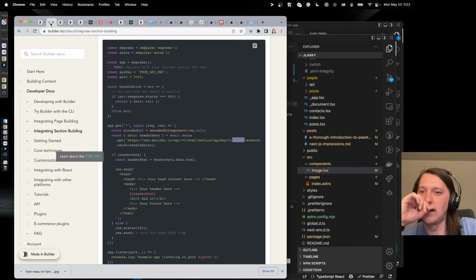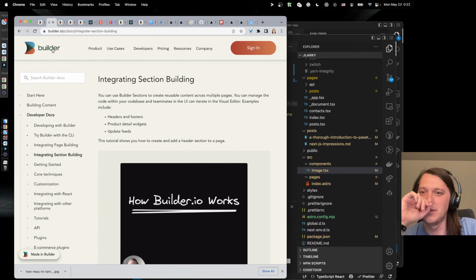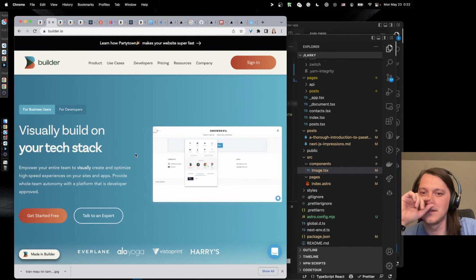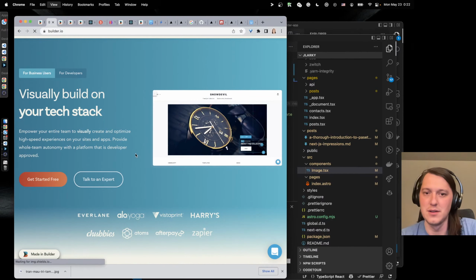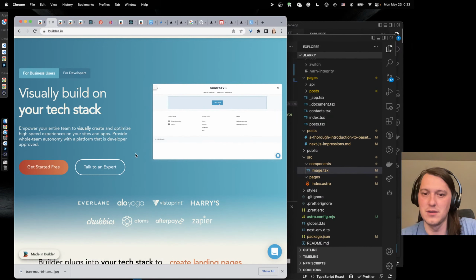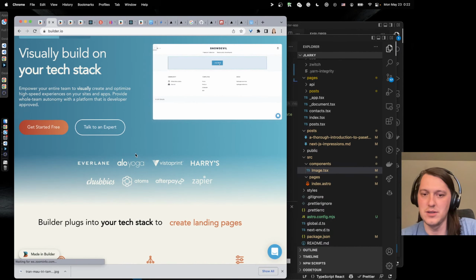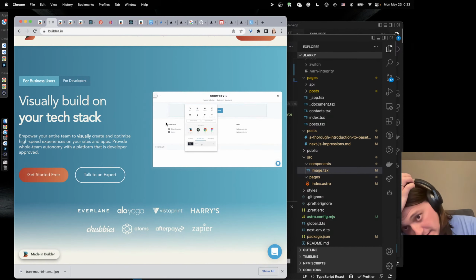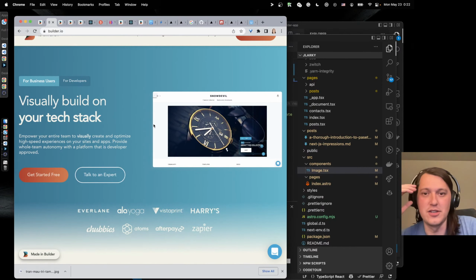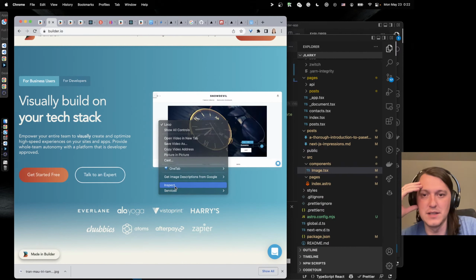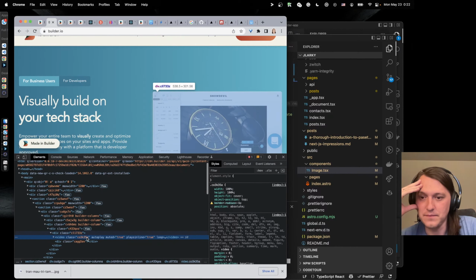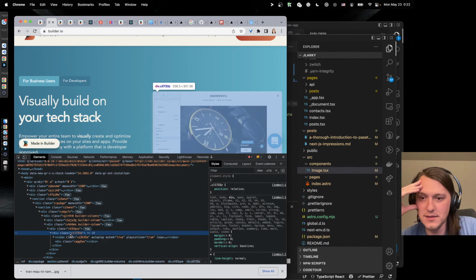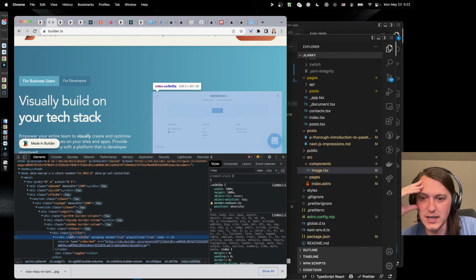And yeah, I wonder how Builder itself is done, of course. Like, how do they do it so that stuff doesn't jump, right? So does this image have any styles of the dimensions? No, it doesn't.